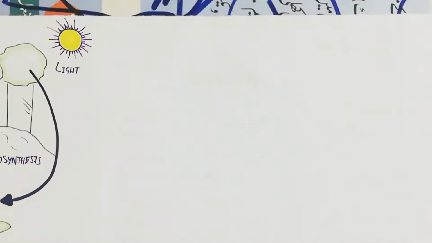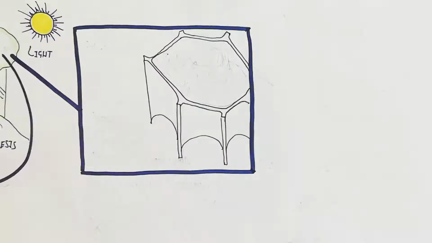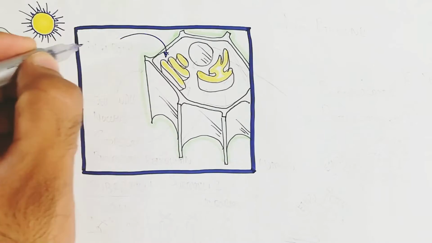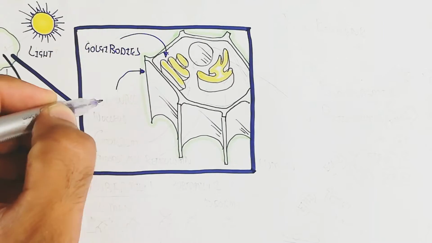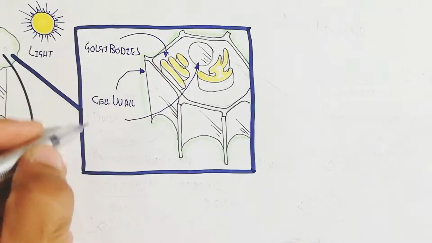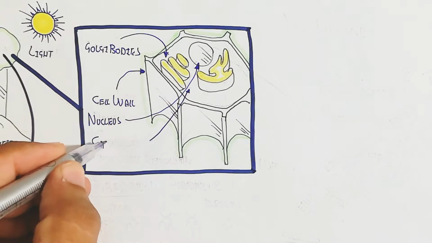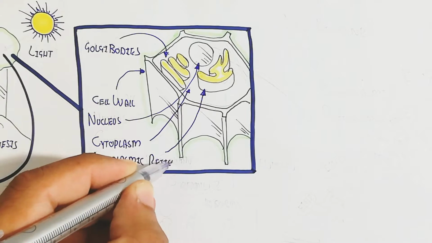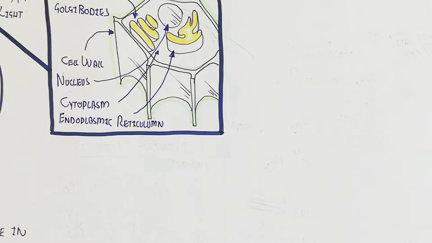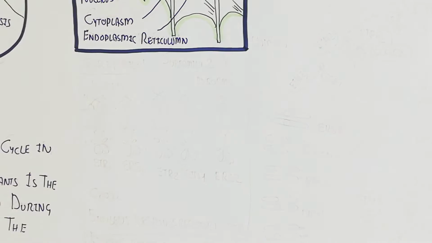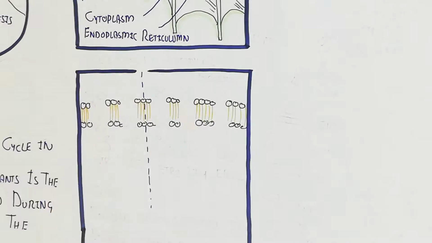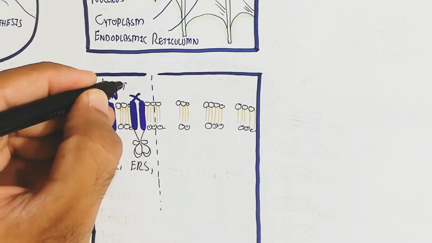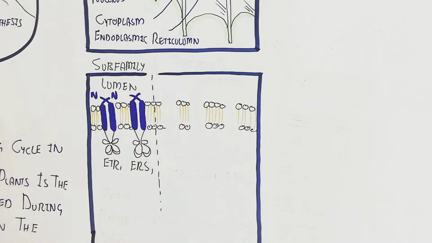First of all we will learn about the cell structure, which contains the outermost layer, the cell wall. Inside is the plasma membrane, while the Golgi bodies and the endoplasmic reticulum are present. So remember these things. This is the cytoplasm, this is the endoplasmic reticulum, and this is the nucleus. The endoplasmic reticulum we will understand because it contains subfamily 1 and 2. Outside is the lumen, basically as I am showing in the illustration, while the inside is the